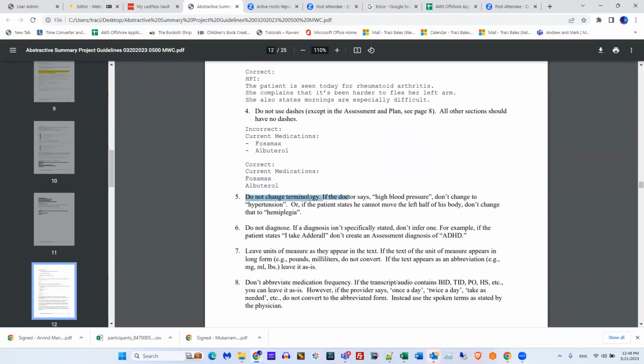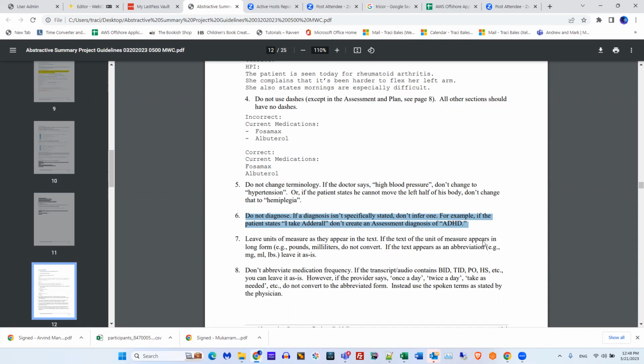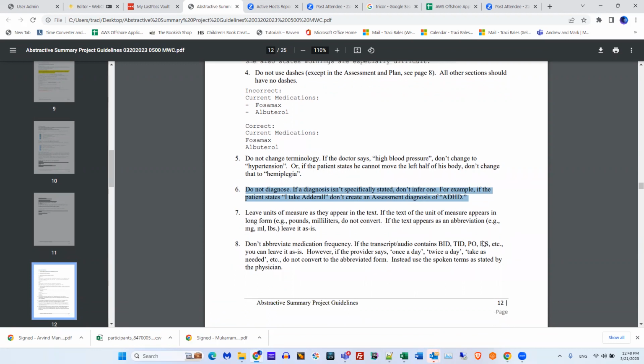Don't change terminology. So if somebody says high blood pressure, then use high blood pressure. Don't translate that to hypertension. Don't diagnose. So don't make assumptions. And this example is if somebody gets Adderall, don't diagnose them as ADHD. Don't assume that they have a diagnosis or condition. And we talked a little bit about that too.